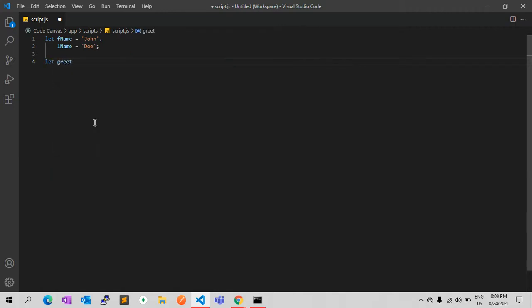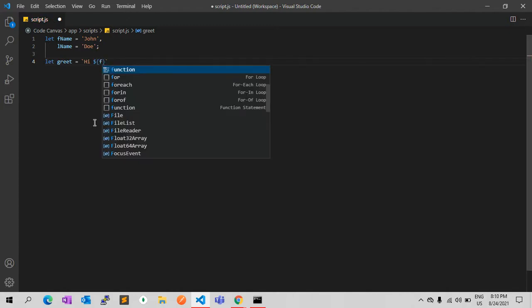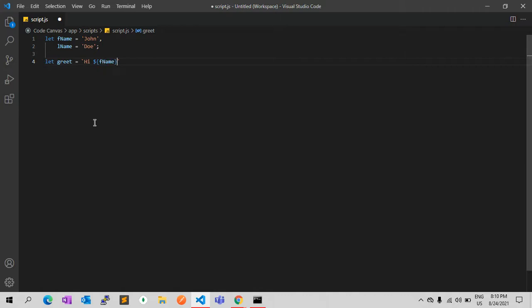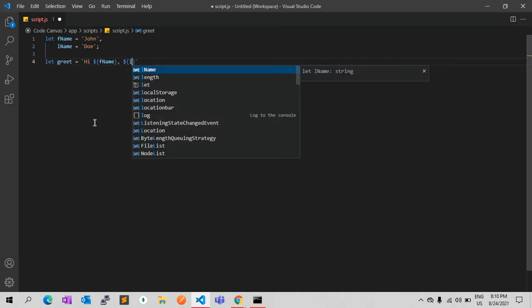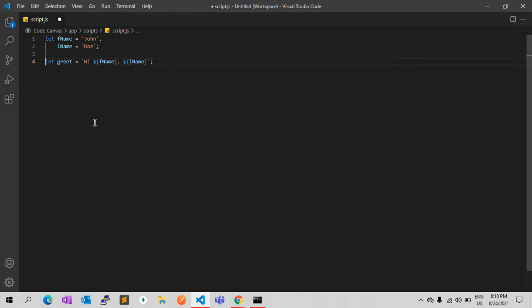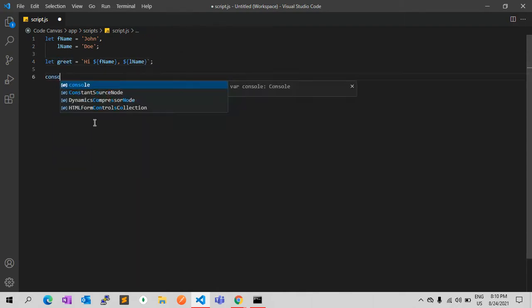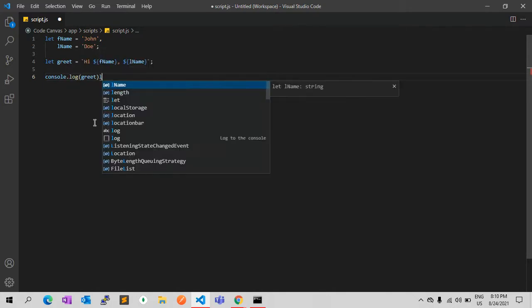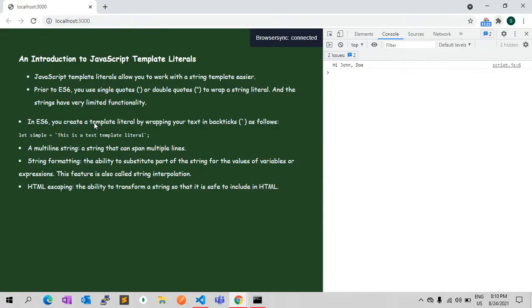You need to greet. To do that, hi and string interpolation, dollar fName, comma, dollar lName, and if I console this variable, you can see hi John comma Doe.